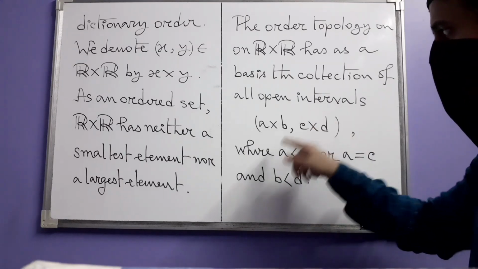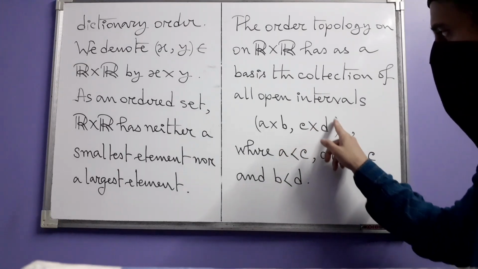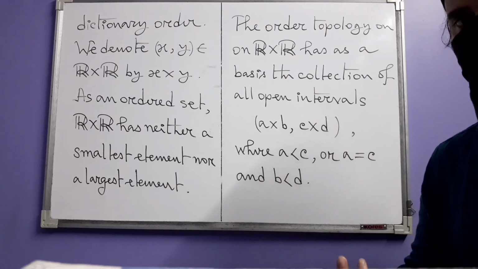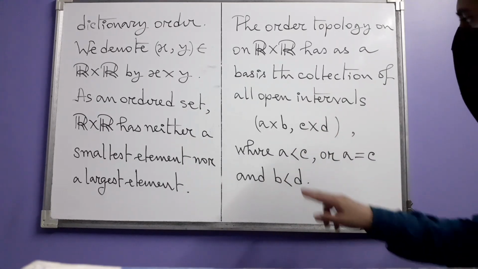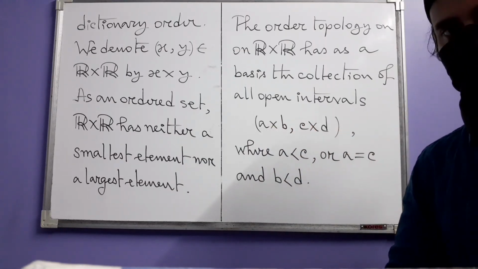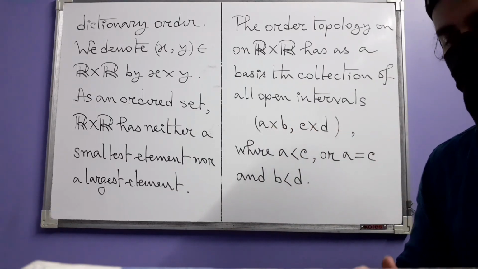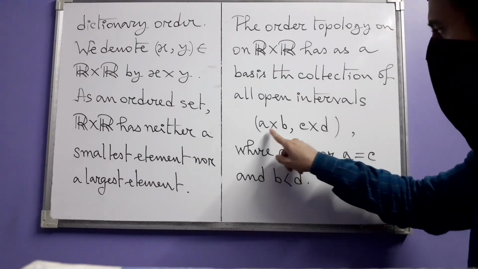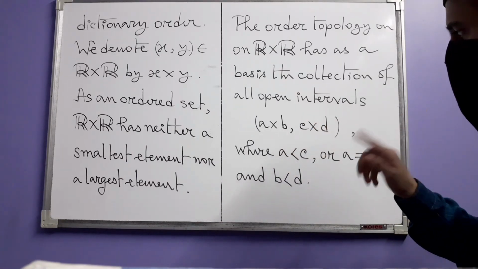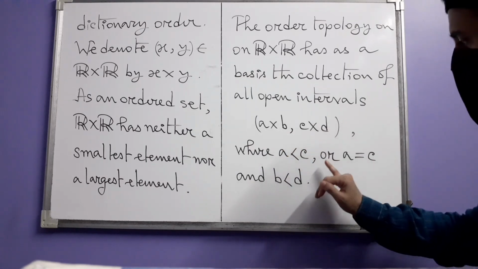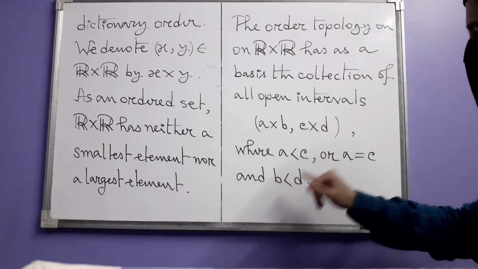But what is the condition that we need on the ends for an open interval to be considered a valid open interval? The left end should be less than the right end. Less than in what sense? Less than in the definition of the dictionary order. A times B is less than C times D if either A is less than C,